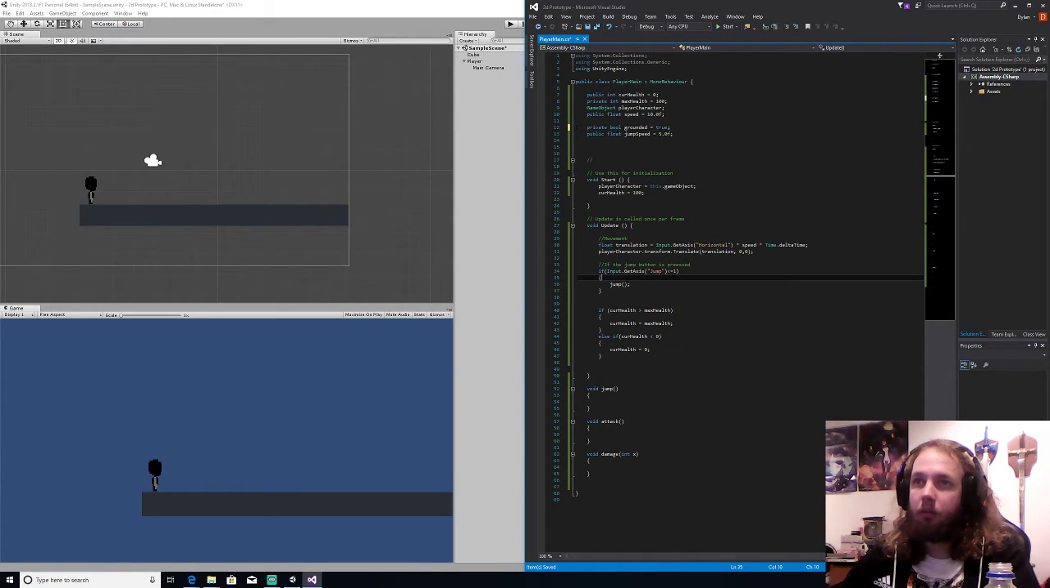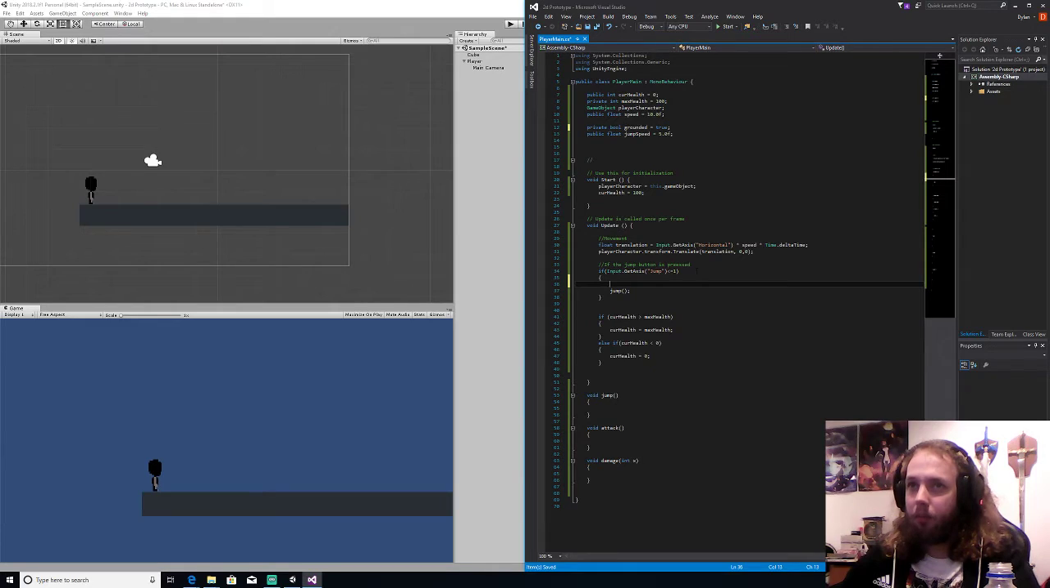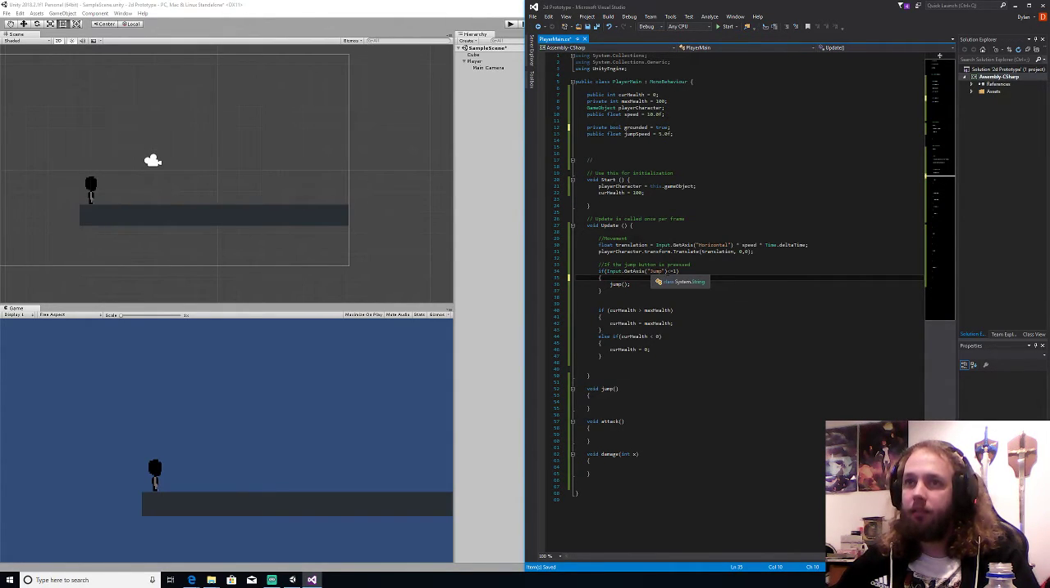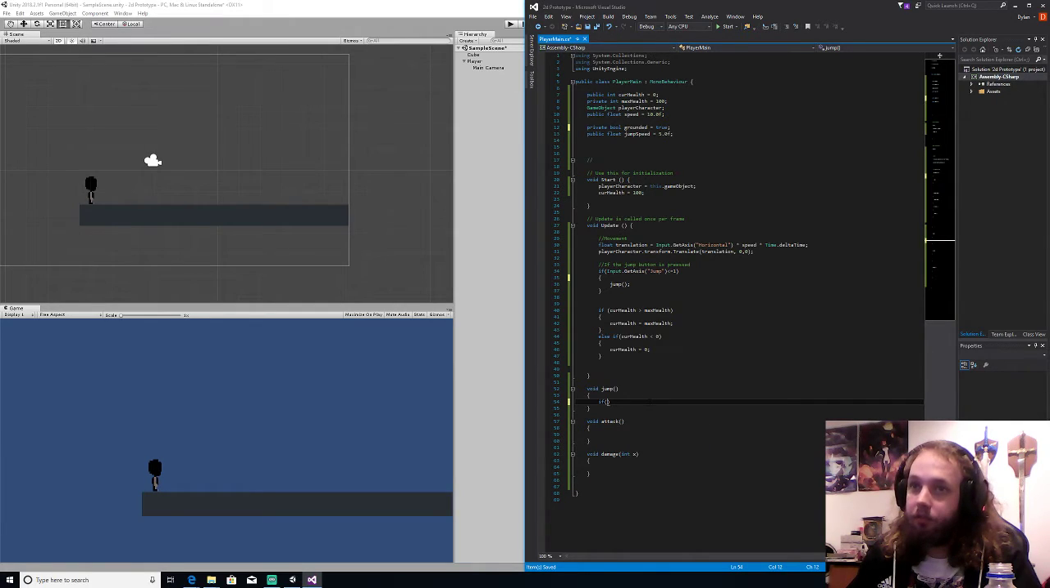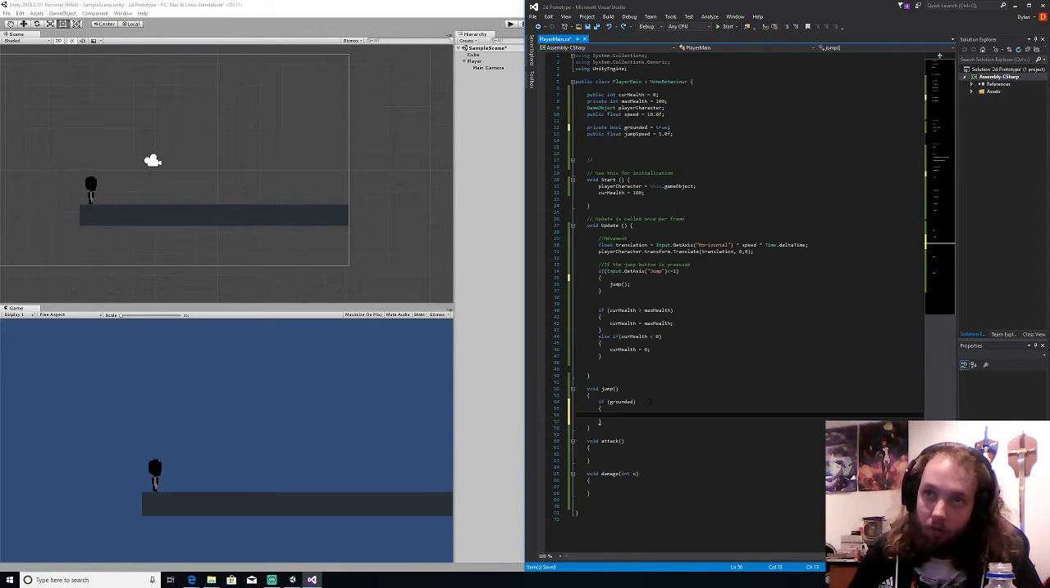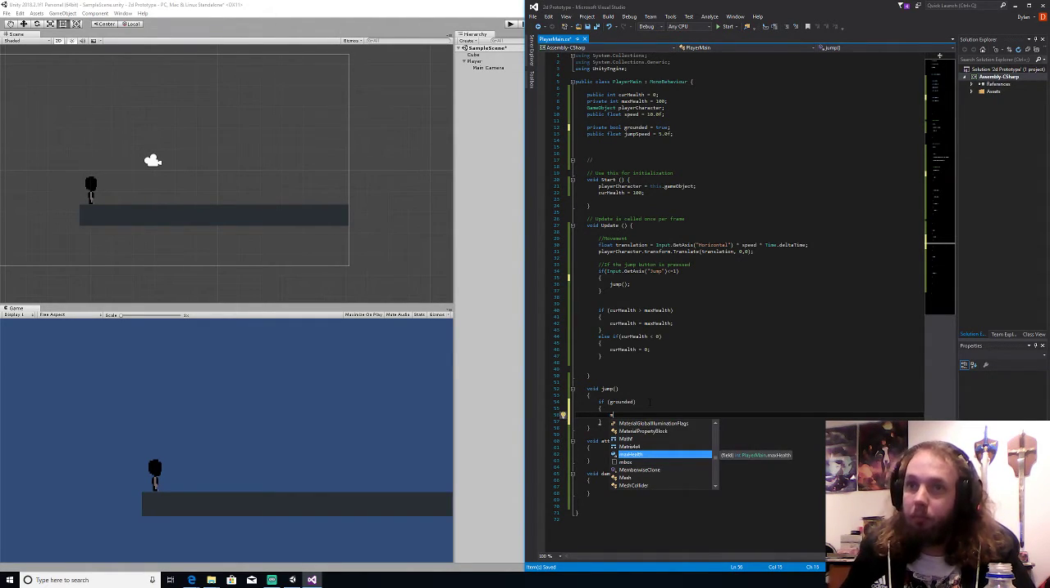So here's what we'll do. If the button is pressed, then what it will do is, if it's grounded, if grounded is equal to true, then move